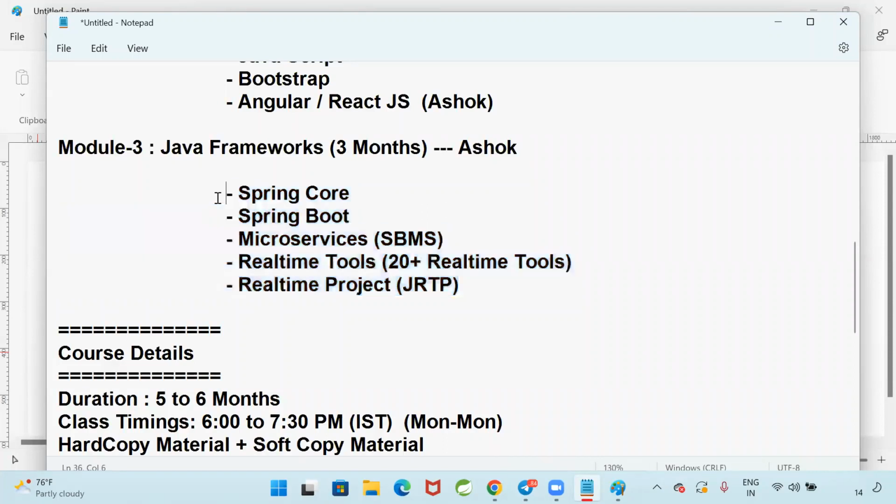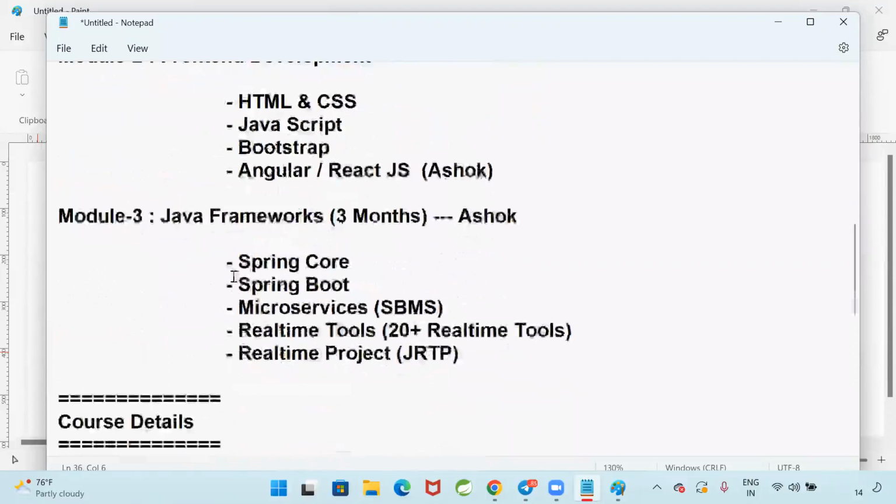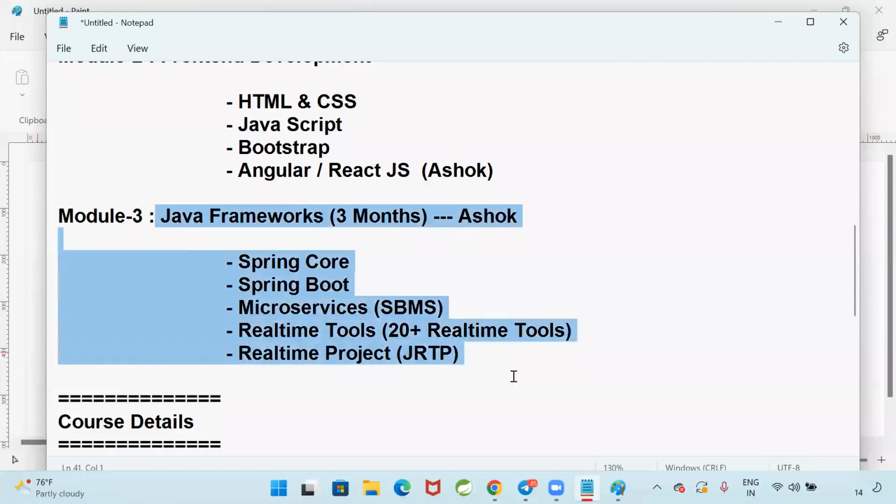If you attend everything serially, it is going to take 1 year. Got my point? If you say, sir, I will attend Spring Boot microservices first, then I will attend the real-time project, then it will take 6 months of time. So I want you people to attend both parallelly. Morning Spring Boot microservices, evening real-time project, or morning real-time project, evening Spring Boot microservices.